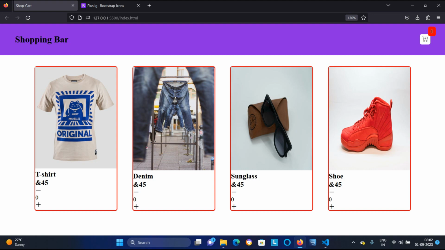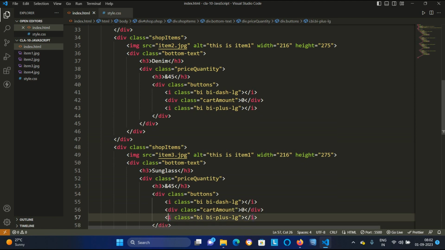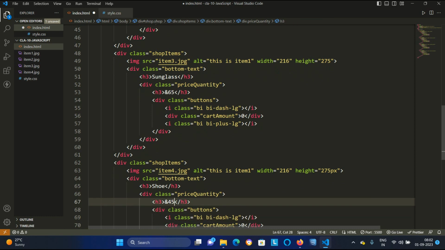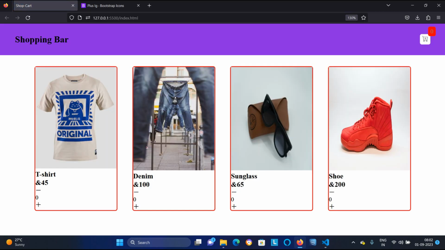If I want to change this price as well, you can change the price as well. Here denim is $100. You can fix any size, and here you can say $65, and here you can say $200. Okay, so the things have changed according to the way we have changed our HTML.